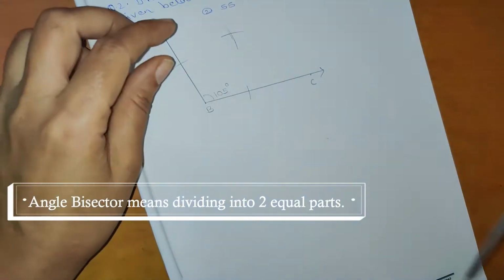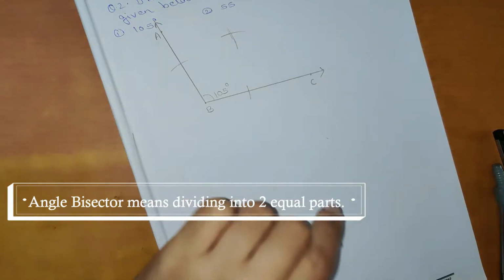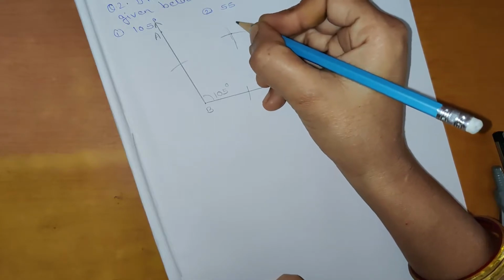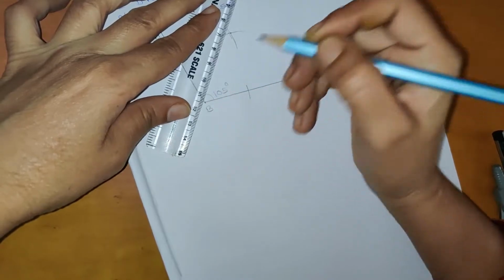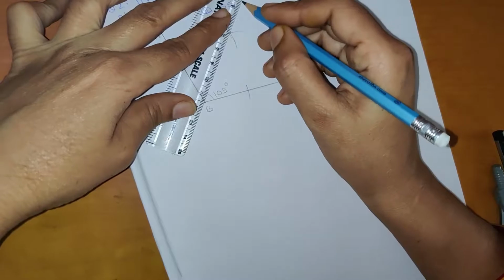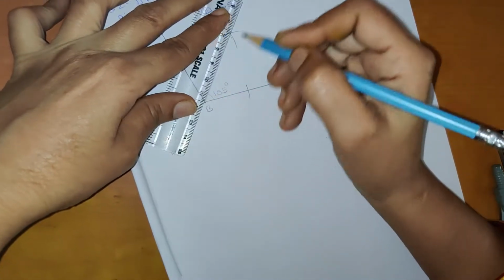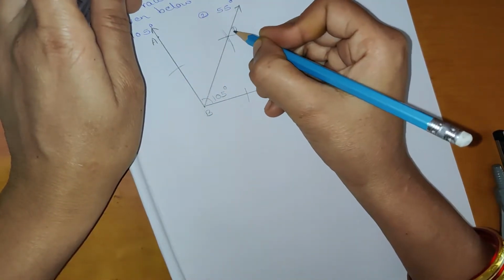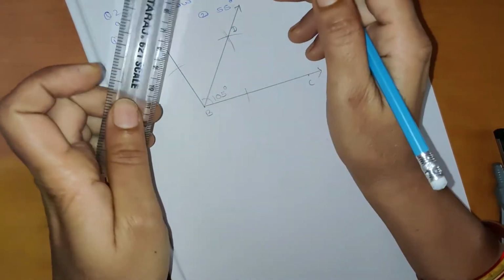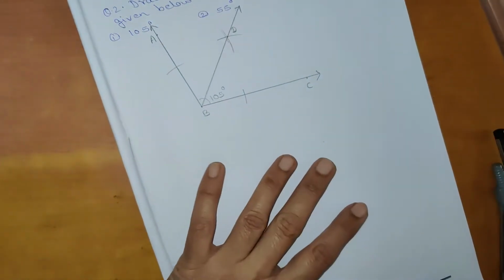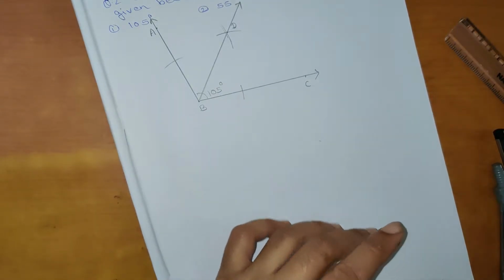Angle bisector means dividing into two equal parts. So you got it. This is your intersecting point, intersecting arc. Okay, so join that intersecting point and vertex B. Okay, so join it, and this is the ray. If ABC is the given angle, give this point D. So here ray BD bisects the angle ABC into two equal parts. Okay, this I have solved first one.